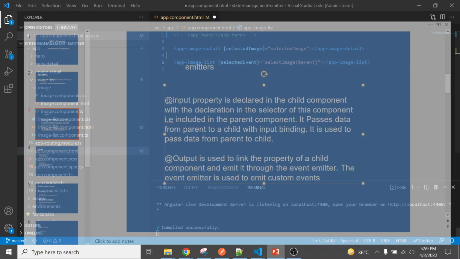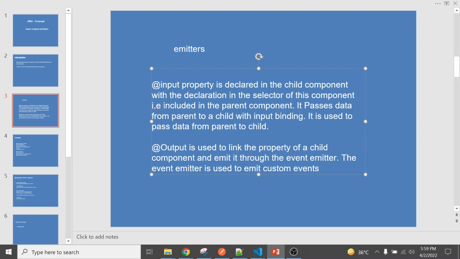So we have input emitter and output emitter. To pass data from input properties declared in the child component, with the declaration in the selector of this component that is included in the parent component, it passes data from parent to child with input binding. It is used to pass data from parent to child.